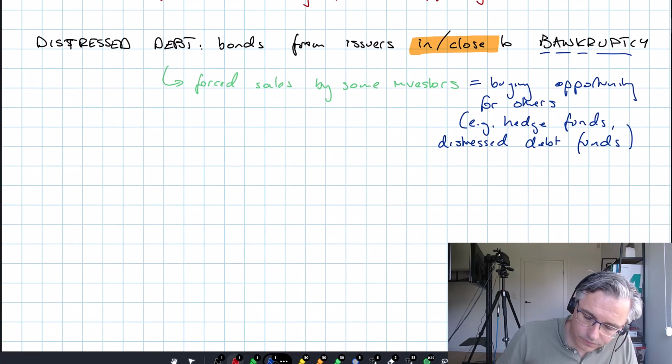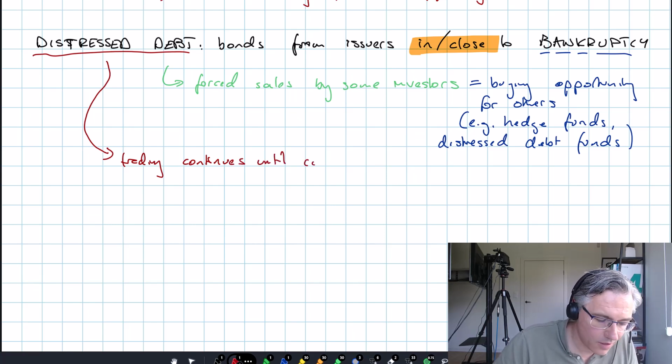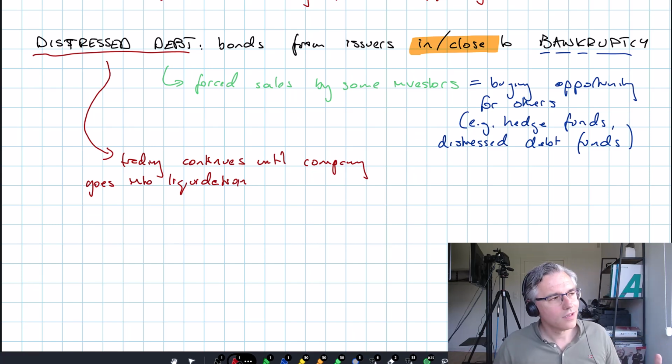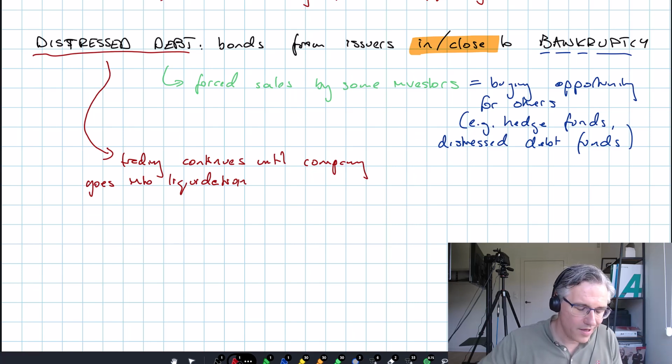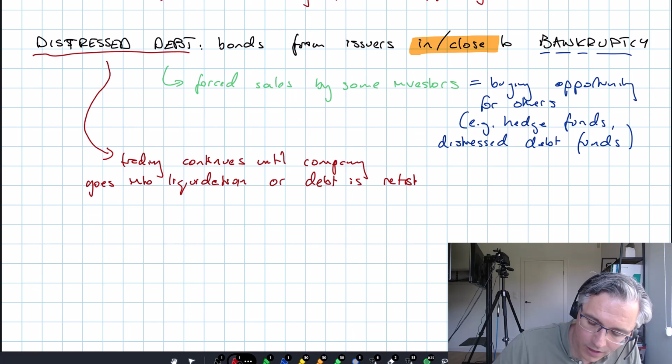Now, even though a company may be in financial distress, trading in these bonds often continues. Trading continues in the secondary market until the company in question goes formally into liquidation. That means it ceases activity and its assets get sold in order to pay off its debts, including the amounts owing to bondholders. Until that process kicks in, trading continues, or until the debt is formally restructured,